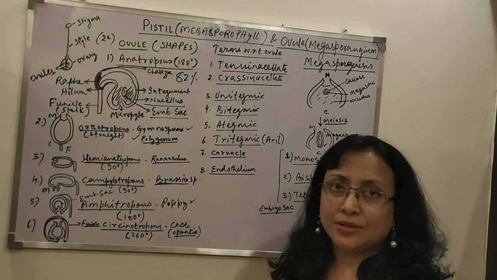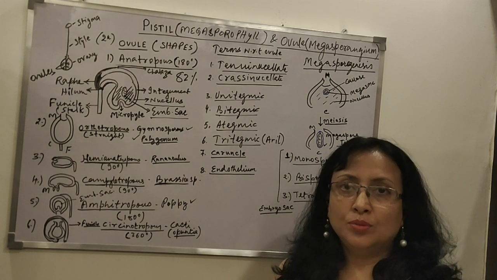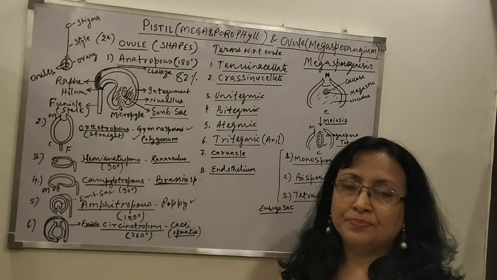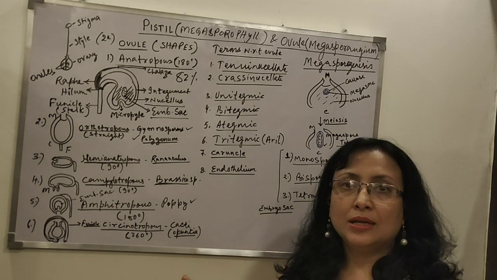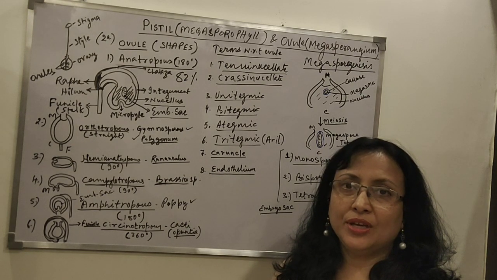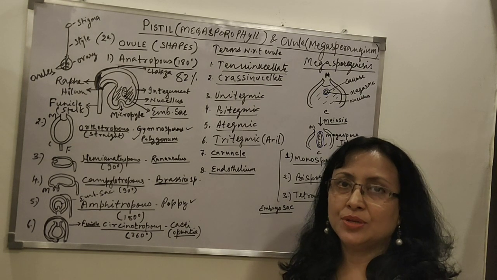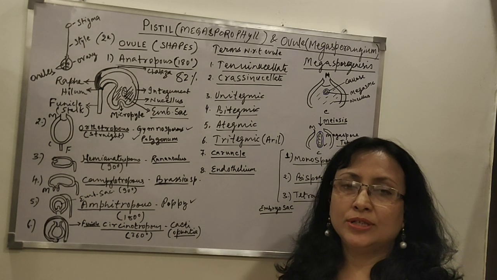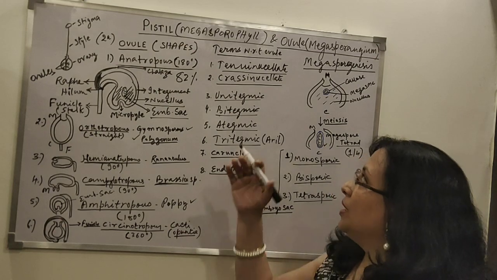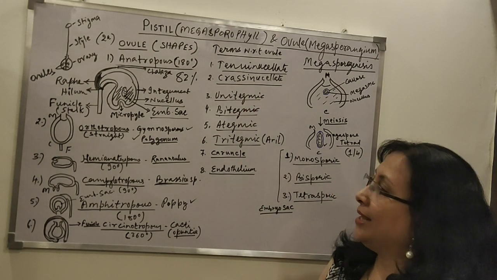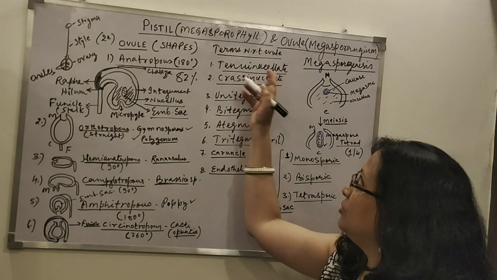Gamopetalae group of dicots. I hope you remember what Gamopetalae is. Gamopetalae group means where the petals are fused, and according to Bentham and Hooker's classification, there are different families which are placed in Gamopetalae. Solanaceae was one of those you have studied in class 11th. So such Gamopetalae of dicots will have the tenuinucellate ovule.